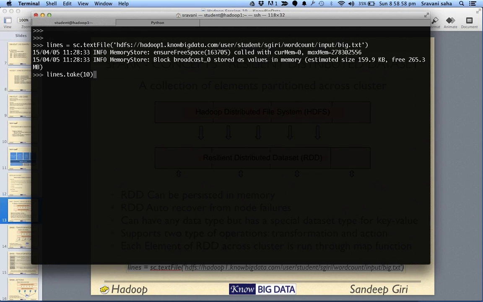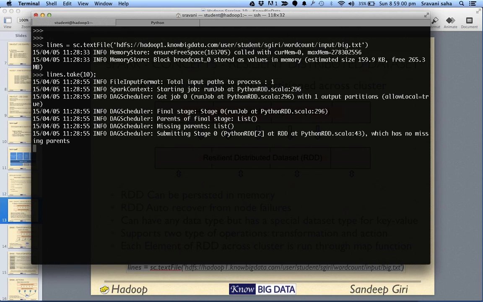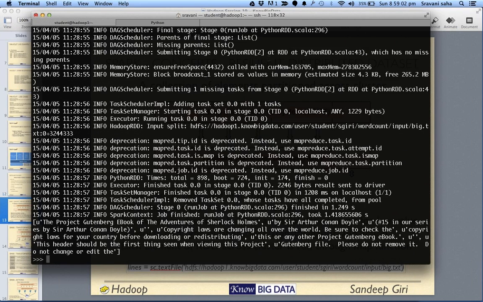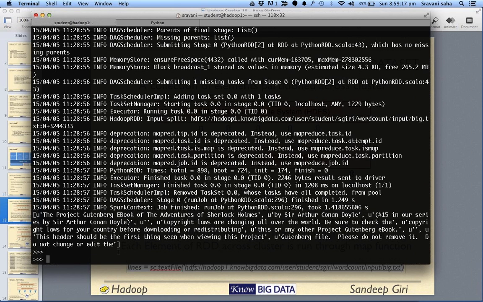Let me check that it has the correct data. I say lines.take, and it will bring 10 lines from the resilient dataset. Yes, it's the correct one: Project Gutenberg's The Adventures of Sherlock Holmes. Lines contains all the books.